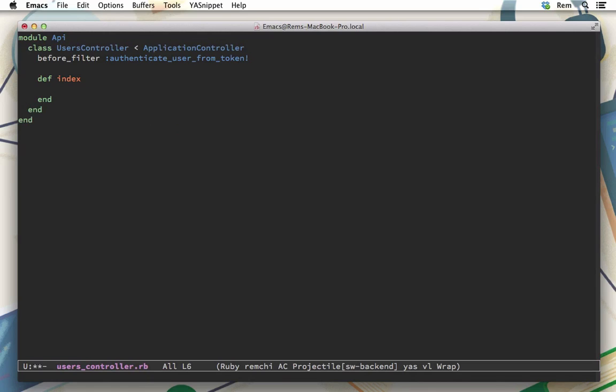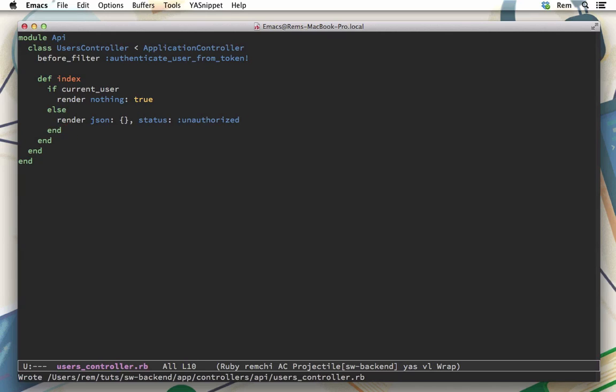And right here in index, we make a very simple check. So if current user, and it will return true, or more precisely, it will return user if authenticate user from token was successful. So in this case, we render nothing. So everything is okay. But if not, then we render JSON with empty object and status unauthorized. Okay, and that should do it. It's not very clean and we should create failure app class, but that's not course about Rails, so we settle